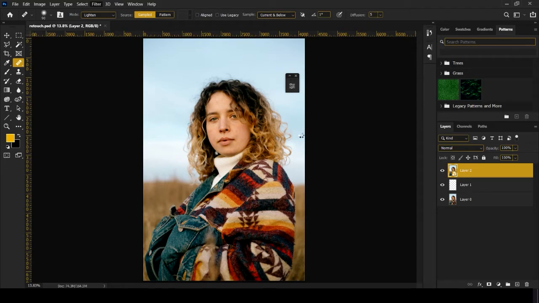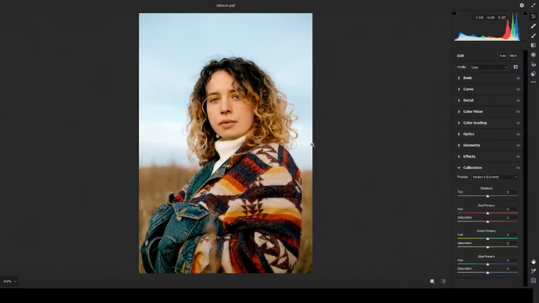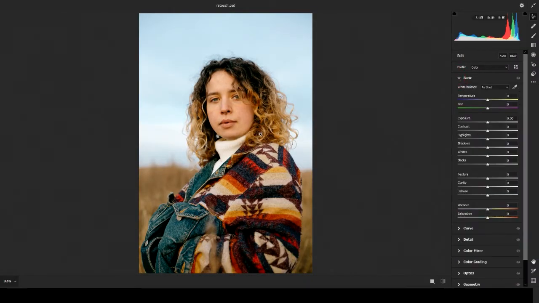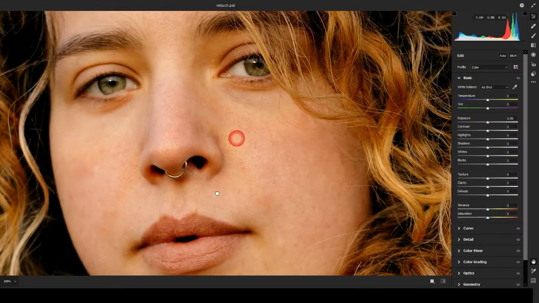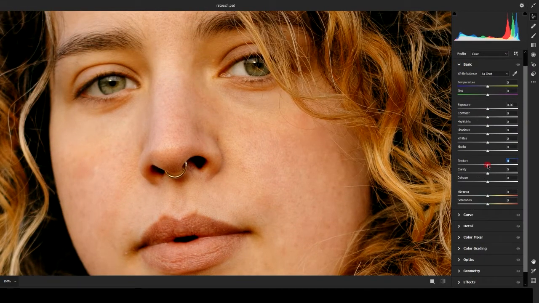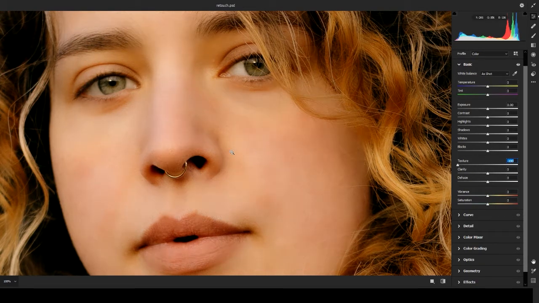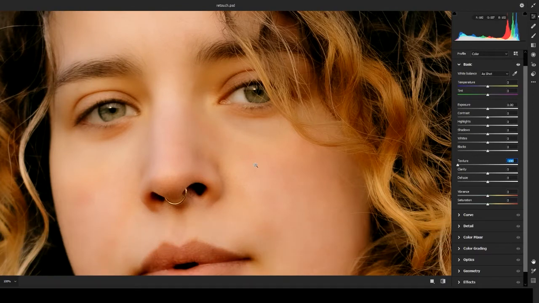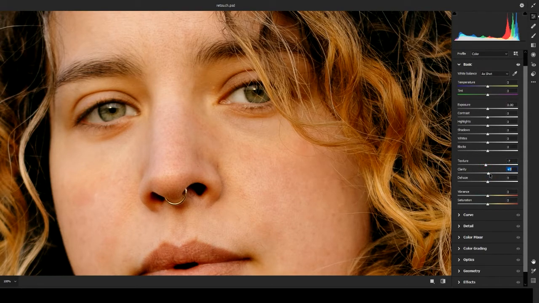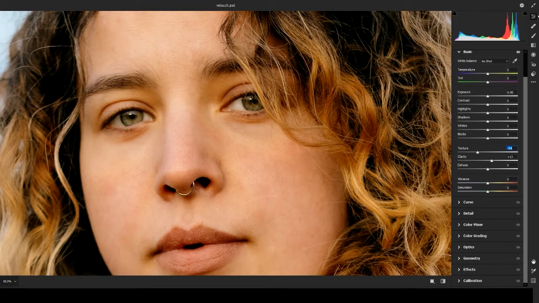In this step, we will be smoothing out the skin. For that, I have a very interesting technique for you. Let's zoom into 100% and then decrease the texture. See, on decreasing the texture, let's decrease it to -100. See, we remove all the textures in the image. We will not decrease it so much, just a little bit. Just where you start to lose the textures a little bit, we will be a little above that, and we'll increase the clarity a little bit to get back those skin details. No more changes here, just click on OK.